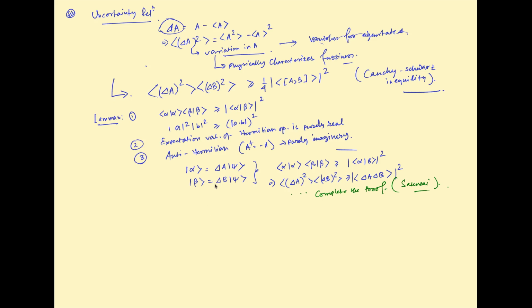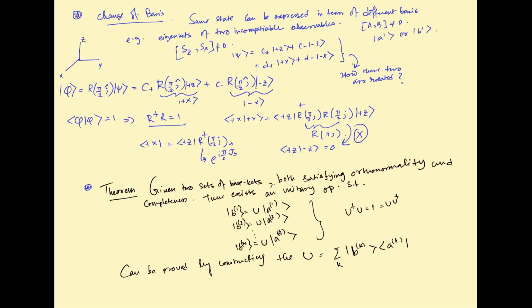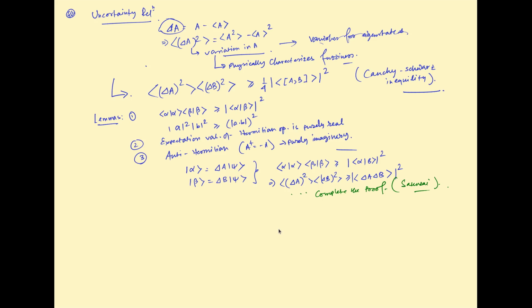Now, you can take two states alpha and beta, which come from operating the deviation operator on psi, and you want to compute the inner product of these. Apply the first theorem, just the general rule of vectors. When you do that, you get an inequality like this. From here, how will you go there? There are just three steps of algebra. Look into the book Sakurai or try to complete it yourself, and with that I will conclude this lecture, and then I will go to another topic, how you change the basis.